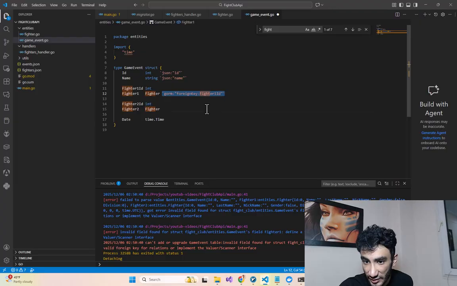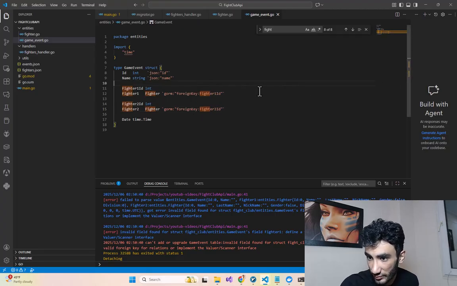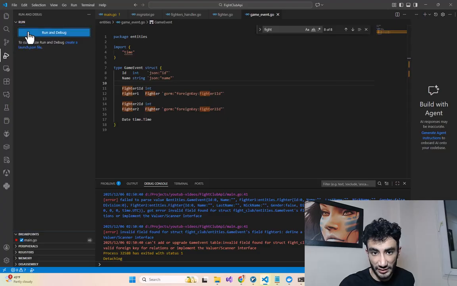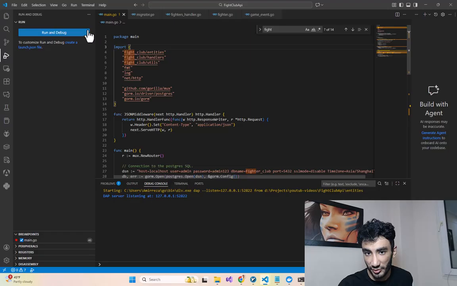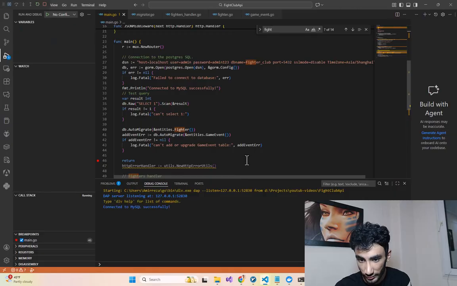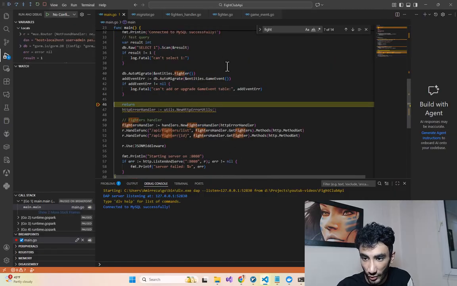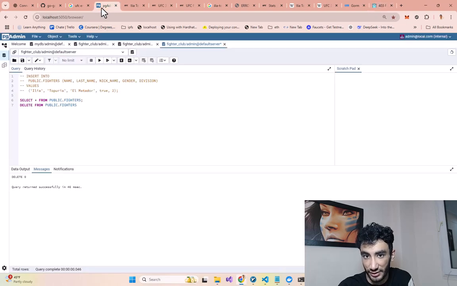For the second one we can say the fighter ID 2 is our key. So if we run that again, no, you have to be on the main. Okay, we didn't get an error,